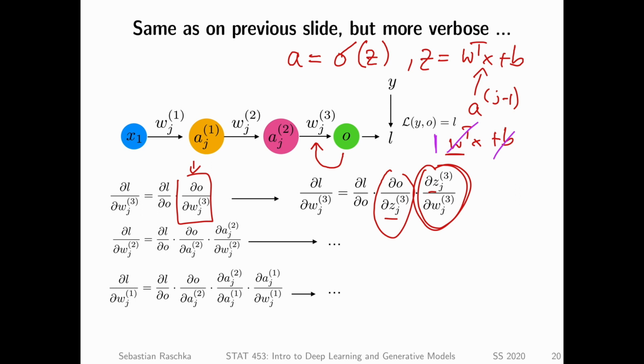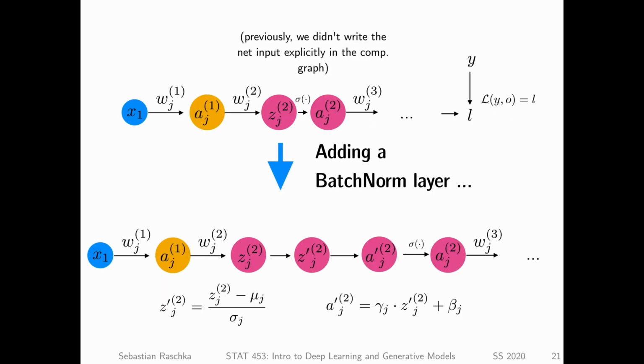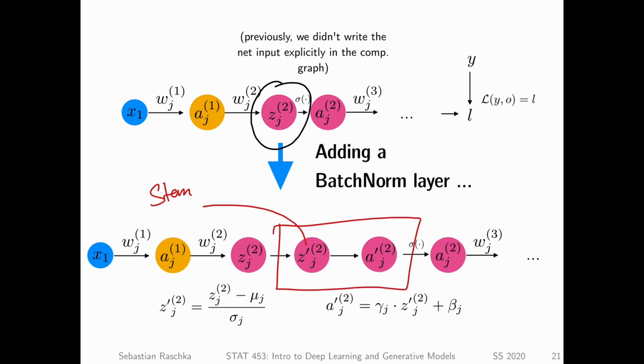So I'm just expanding this, and let's say, because it was a little bit tedious and boring to write, assume I did the same thing here at the bottom. I'm expanding these terms because I'm now adding the batch norm steps. In between the activation, so we have this Z in between in a normal neural network, and in batch norm we have these two new steps, where again, this is our standardization.